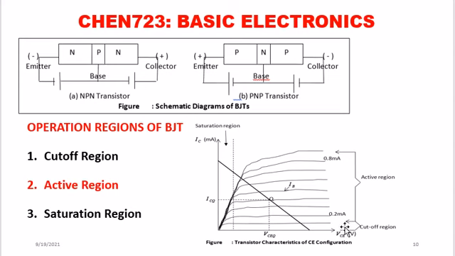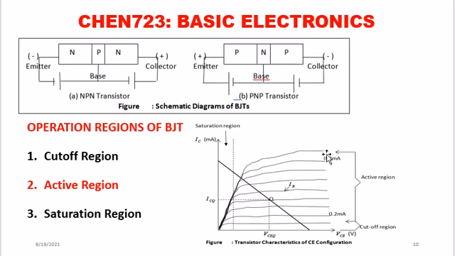And this cut-off region is a place where the amount of base current we are supplying to this transistor is not enough for it to start conducting. So therefore the transistor is off in that condition and it is not conducting. As you keep on increasing your base current here, you reach a point where the transistor will start conducting. And as you increase it from around 0.2 milliampere to 0.8 milliampere, it will still be conducting,